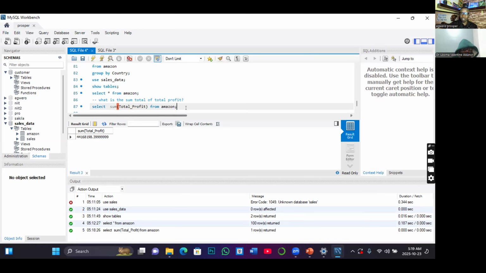Let me take it as a different analysis question, but we are still within the summation function. The question is: what is the sum total profit